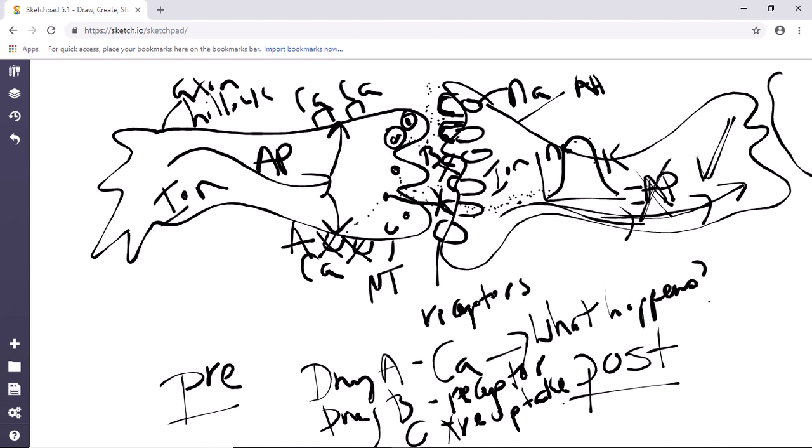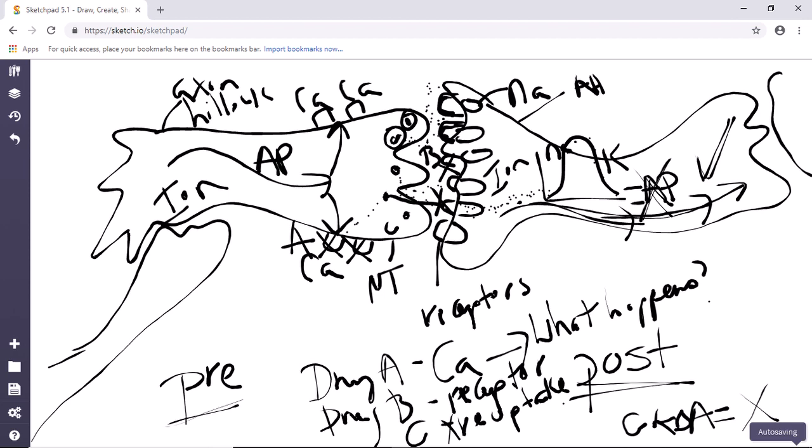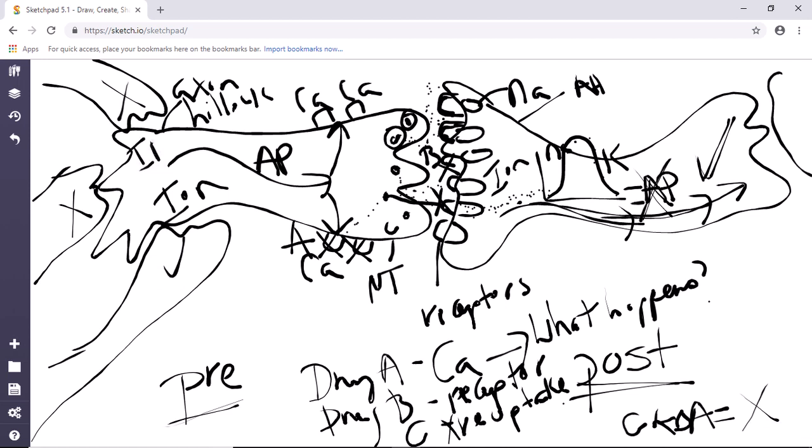I'm looking for you to draw a pre and a postsynaptic neuron, and then tell me what happens with these drugs. So it might not be these. It could be, for example, GABA, right? GABA is an inhibitory neurotransmitter. And remember, it doesn't just have to be pre and post. You can have regulatory neurons come up here, right? I could have regulatory neurons that come all over here. So say that they create an IPSP, an inhibitory, and